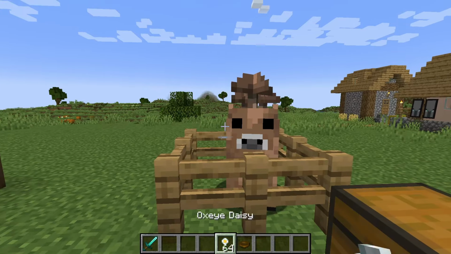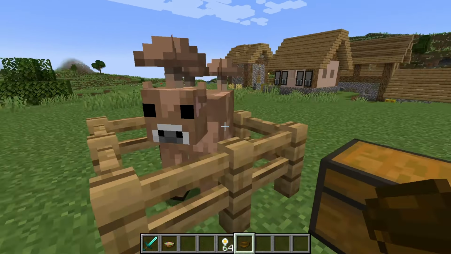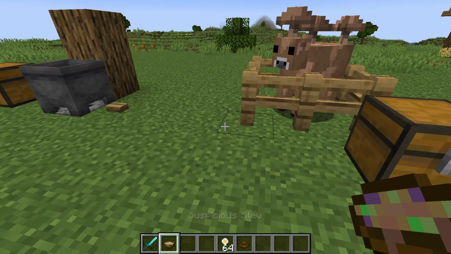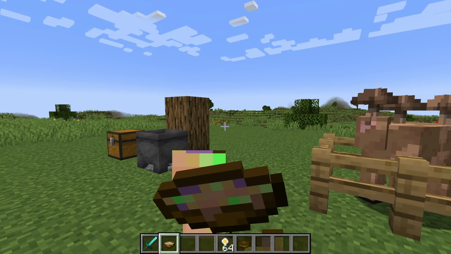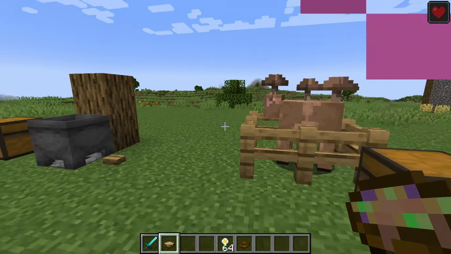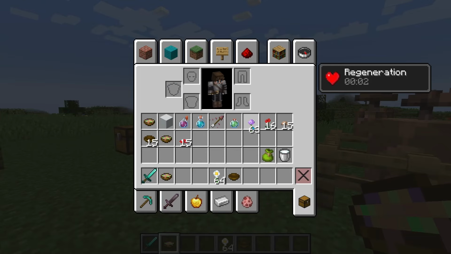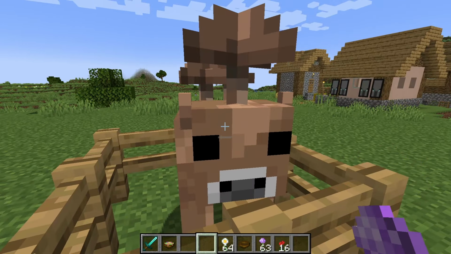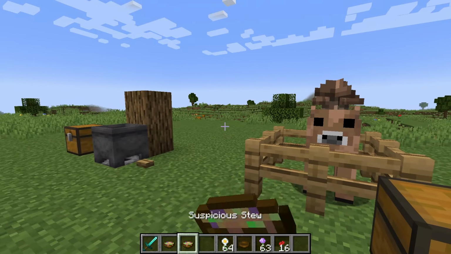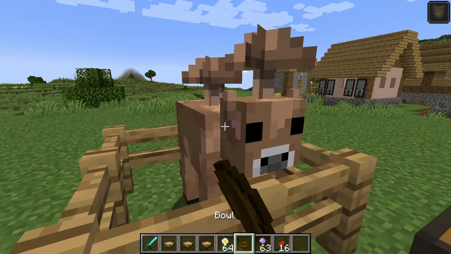And if you feed it this flower, and then you milk it or get the bowl, right, you will get, as you can see, a suspicious stew. So instead of your mushroom stew, you'll get this. Whatever flower you give it will give you the effect that you're supposed to have. In this case, it would be regen, because we're using oxeye daisy. Now, if we use an allium or a poppy, for example, we'll get their effects. So you feed it this, then we get fire protection, and then the poppy will give us